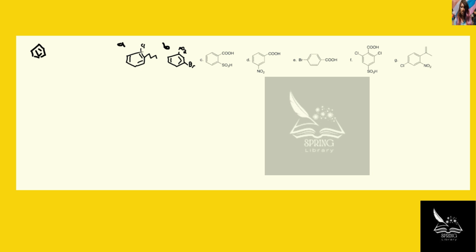Well, in A, we see that we have chlorine and this R group, or this alkyl group, ortho to one another. So we need to add something that is ortho and para directing, specifically ortho directing. And we know that, for example, if I were to add the chlorine first, then yes, this would direct ortho and para. However, if I were to add this